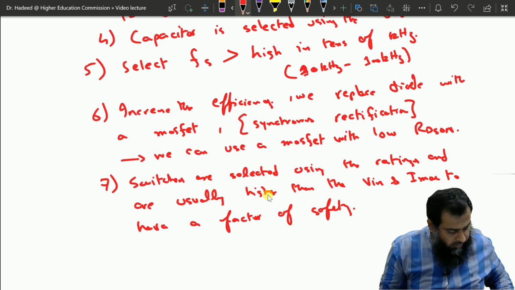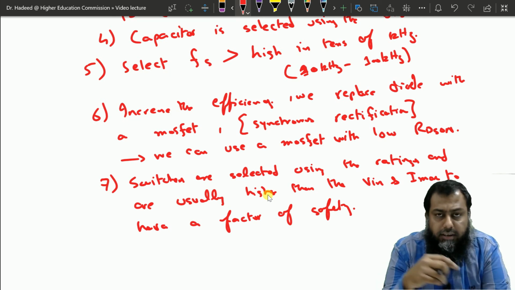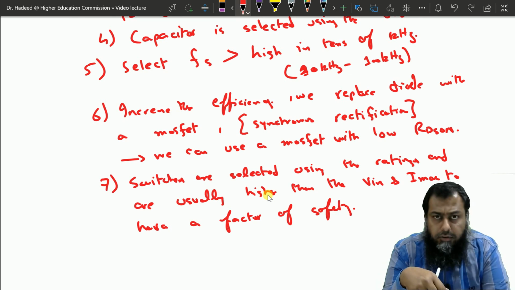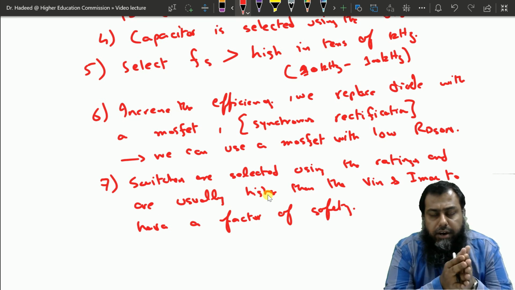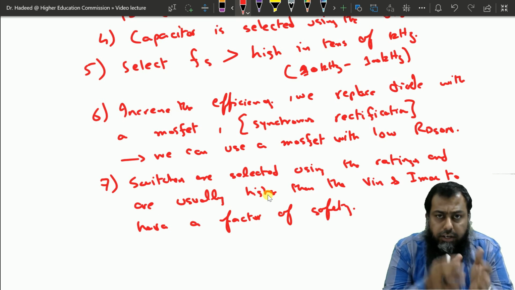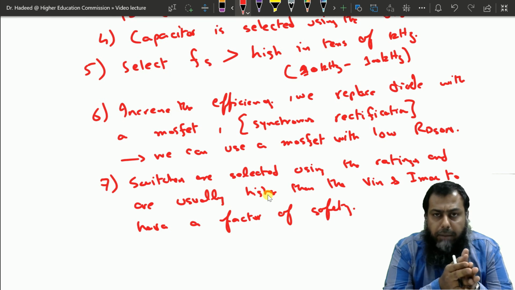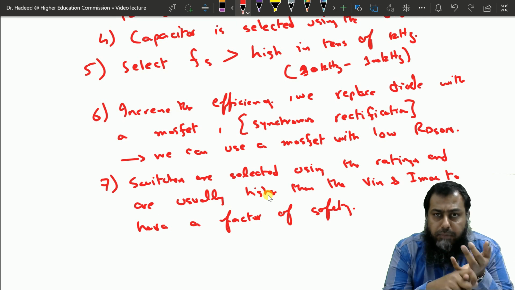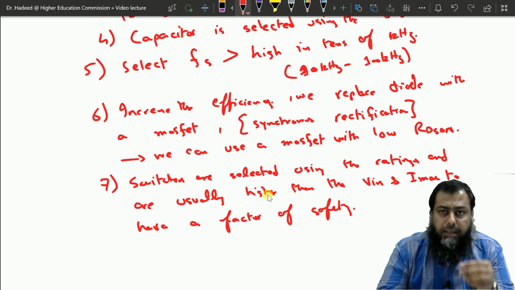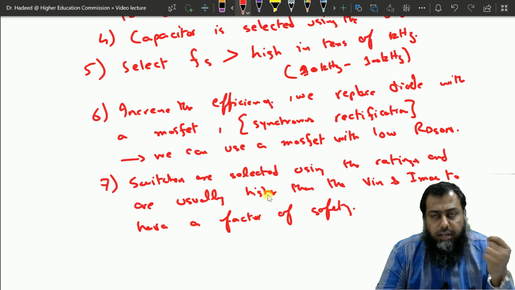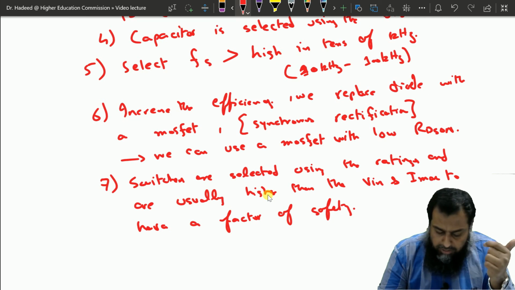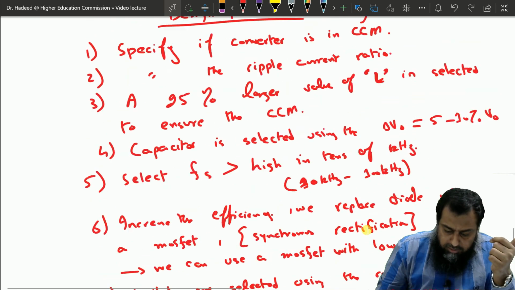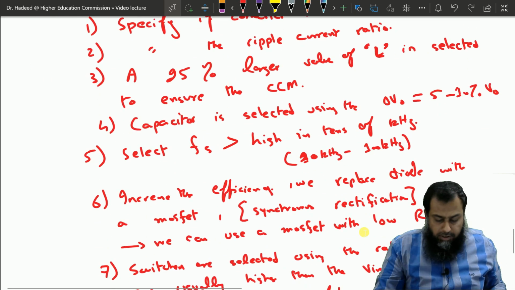So this is how we can design a given buck converter. Of course, there are some additional details required to consider all the design parameters. For instance, what kind of controller can be used, how to interface the controller with this particular switch, the gate driver circuits. To have a safe operation, we need snubber circuits as well across the switches, so that we ensure reliable operation. And then there are other things, but for the time being, based on these few guidelines, you can always try the design problems.